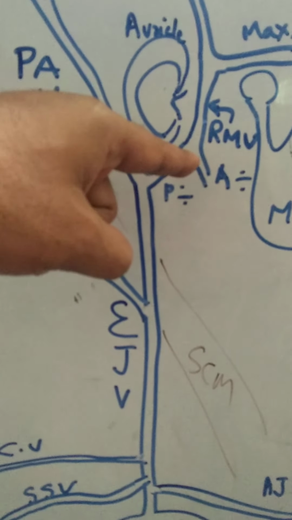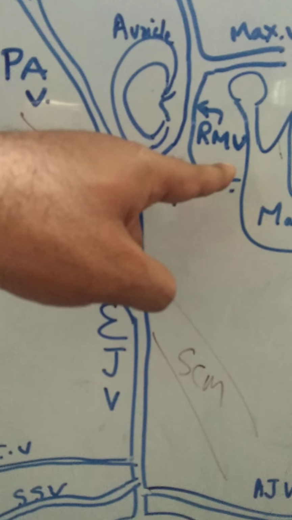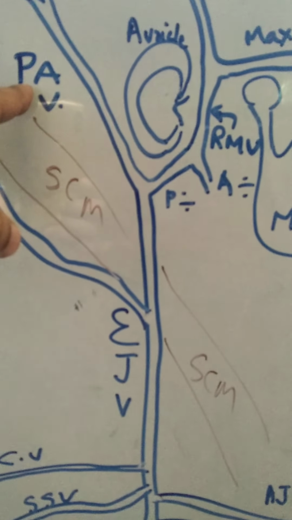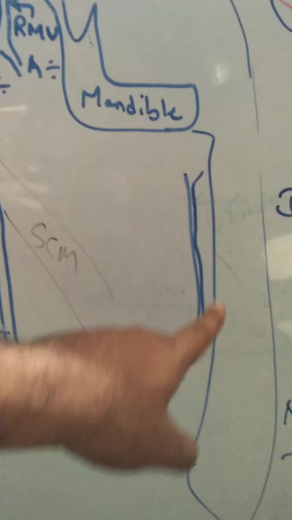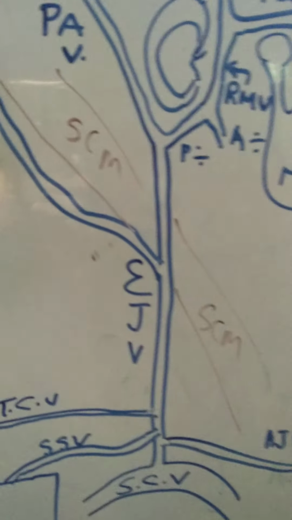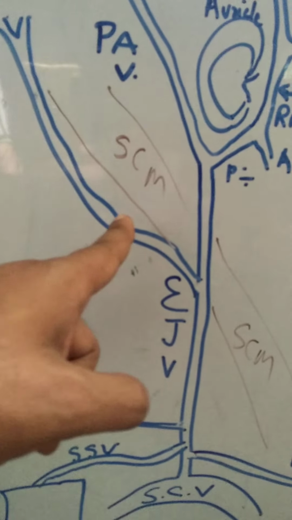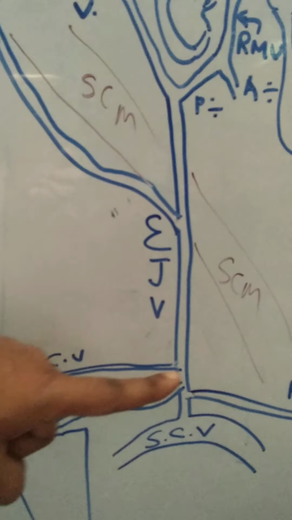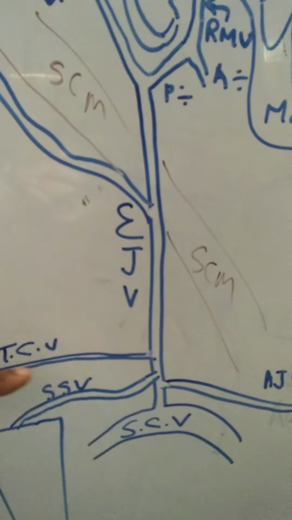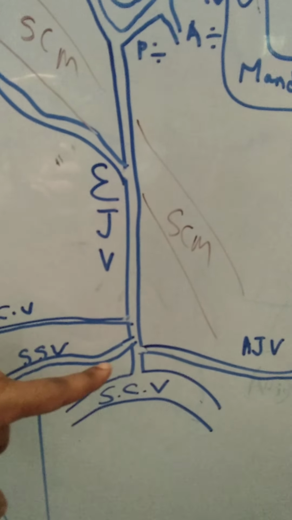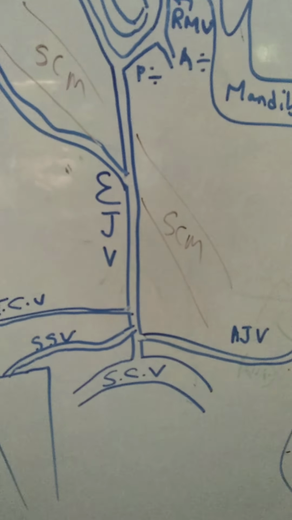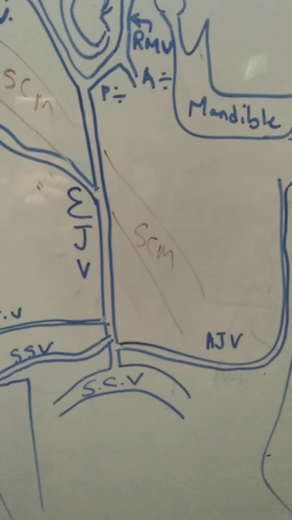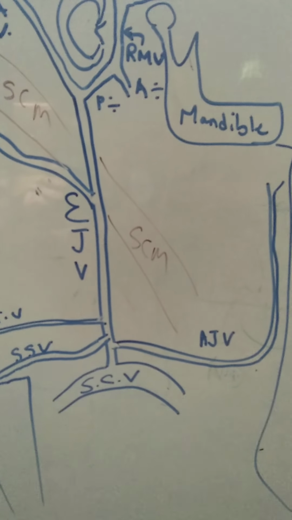So the tributaries of the external jugular vein are, we can consider these two as the formative tributaries, the posterior division of the retromandibular vein and the posterior auricular vein, anterior jugular vein from the front of the neck, posterior external jugular, or you can just say posterior jugular vein from the back of the neck, transverse vein of the neck or transverse cervical vein, suprascapular vein from the upper surface of scapula. These are the tributaries of external jugular vein.